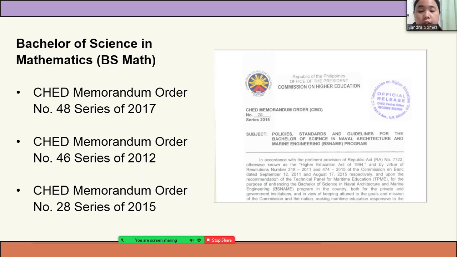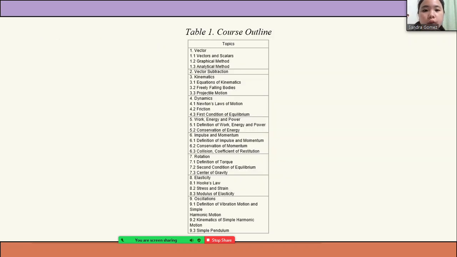In line with this, CHED Memorandum Order Number 28, Series of 2015, subject to policy, standards, and guidelines for the Bachelor of Science in Naval Architecture and Marine Engineering, or BSNAME program, indicated learning outcomes for the General Physics 1 course, which focus on the following areas of study: vector and scalar, graphical method, analytical method, vector subtraction, kinematics, equation of kinematics, freely falling bodies, projectile motion, dynamics, Newton's laws of motion, friction, first condition of equilibrium, work, energy, and power, definition of work, energy and power, conservation of energy, impulse and momentum, definition of impulse